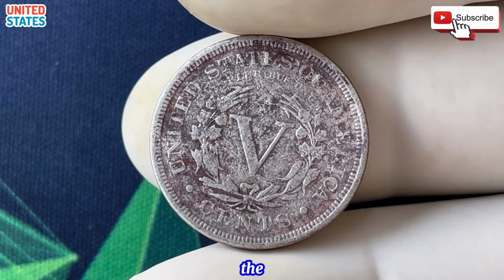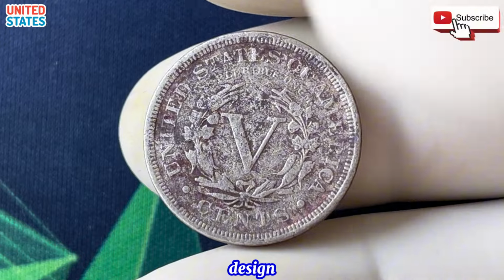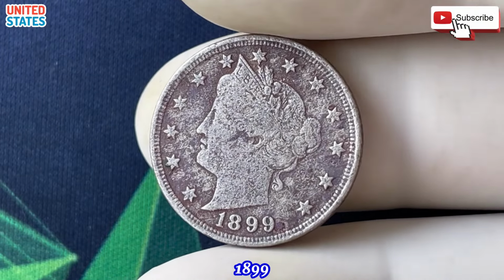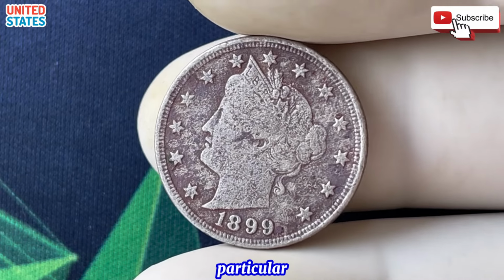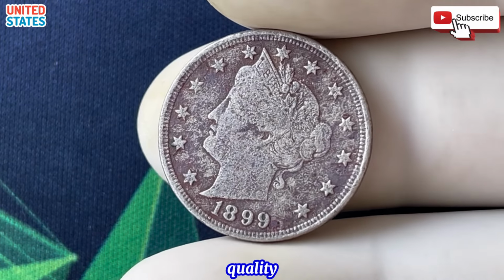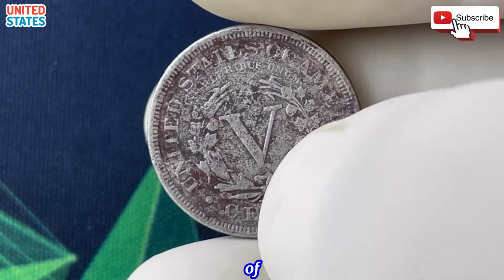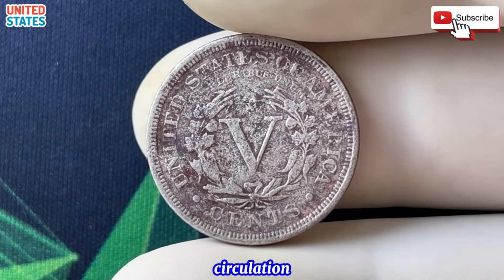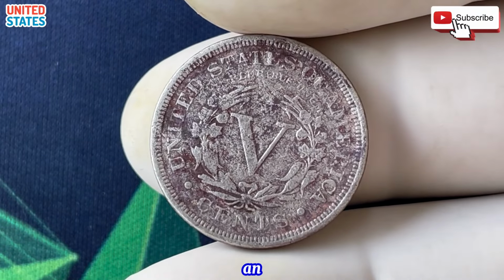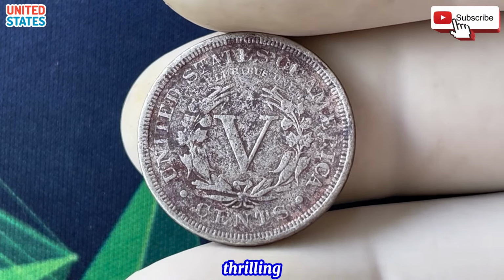Over the years, the Liberty Head nickel has become a favorite among numismatists for its elegant design, historical significance, and relative rarity. The 1899 issue, in particular, holds a special place in the hearts of collectors due to its age and the quality of surviving examples. While millions were minted, the passage of time and the wear and tear of circulation have made well-preserved specimens increasingly scarce. Finding an 1899 Liberty Head nickel in exceptional condition is a thrilling experience for any